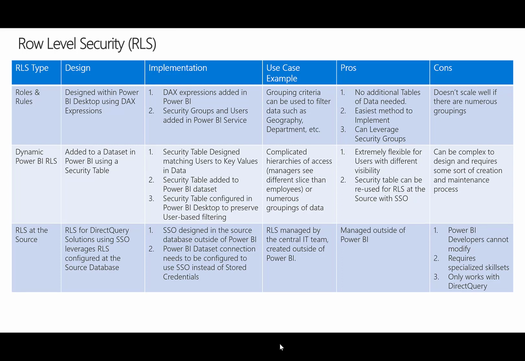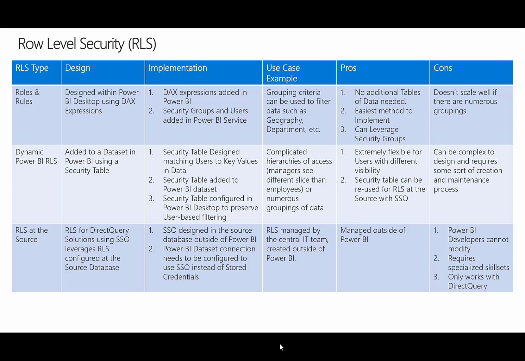Generally, I like to classify the row level security options into 3 different architectures. The first is using roles and rules. This is the easiest way to do RLS. This actually gets built within Power BI Desktop, and you use DAX expressions to determine what the different groupings of filtering are. So an example of that would be, let's say your team has an East, a Central, and a